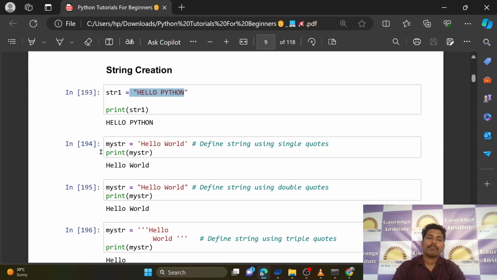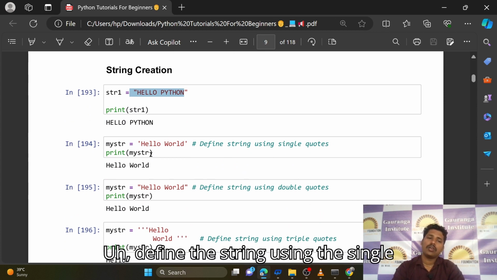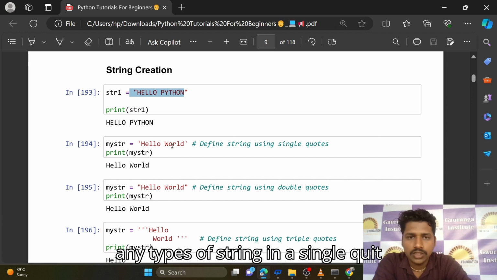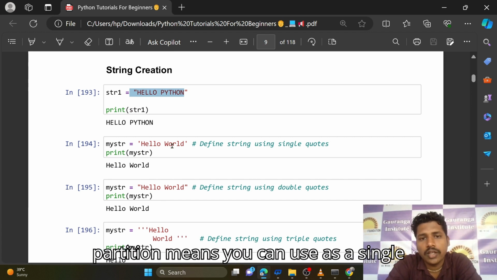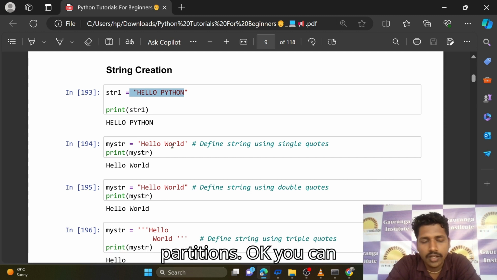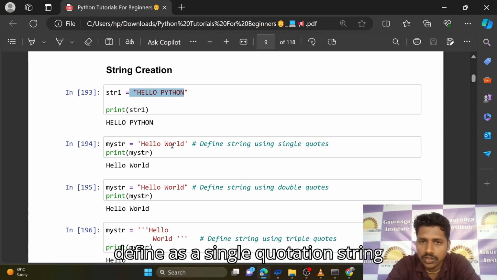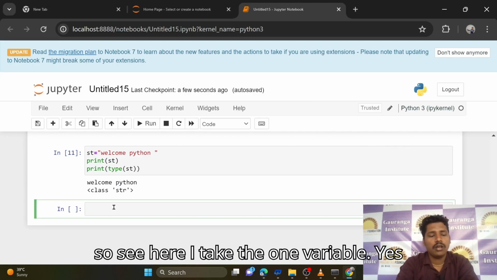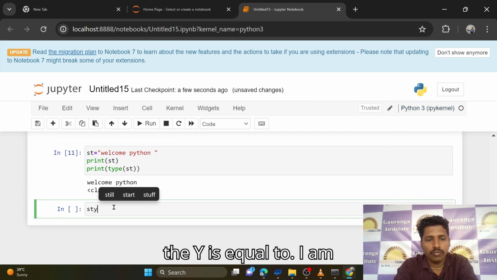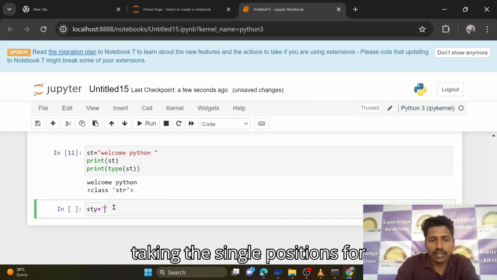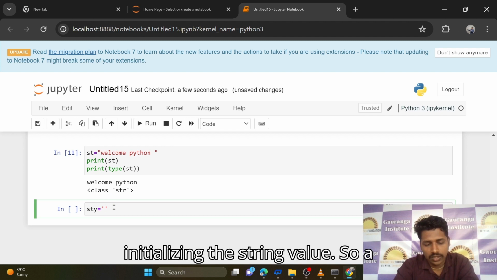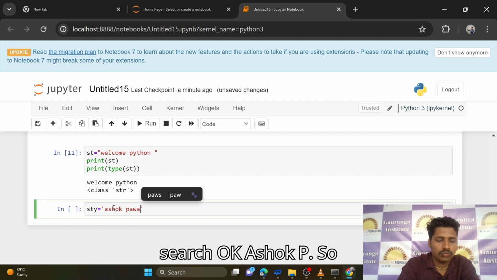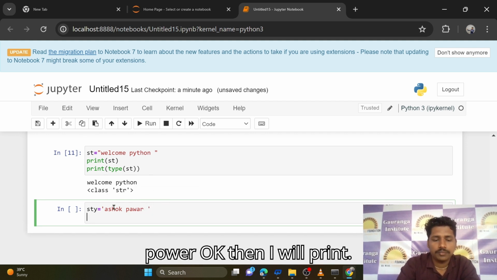Then define the string using single quotation. Means if you want to print any type of string in single quotation, you can use single quotations. Okay, you can define a single quotation string value. Let's see how you can define. So see here, I take one variable str is equal to, I am taking the single quotations for initializing the string value. So Ashok Pawar. Okay, then I will print